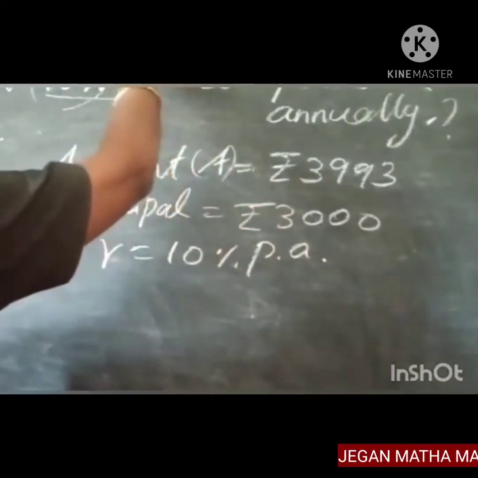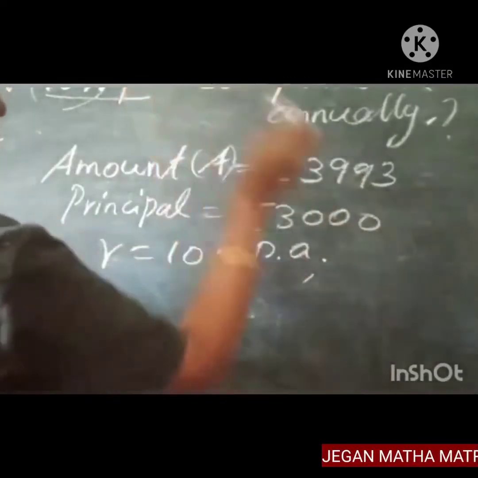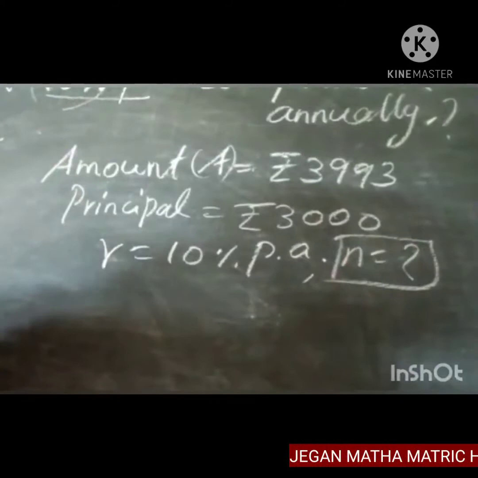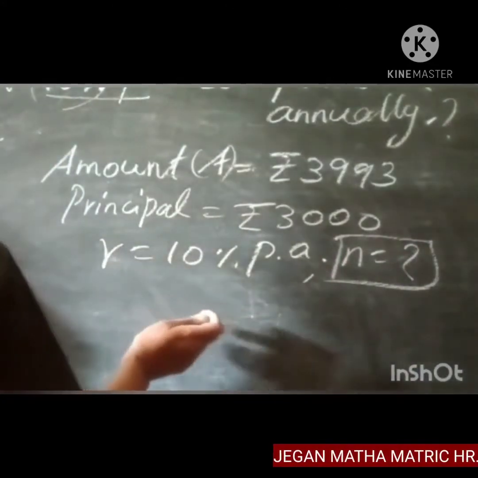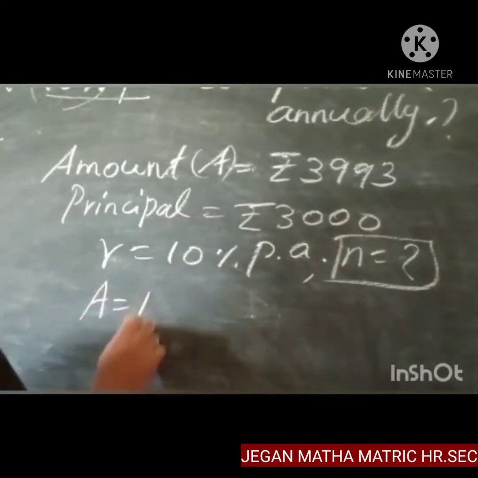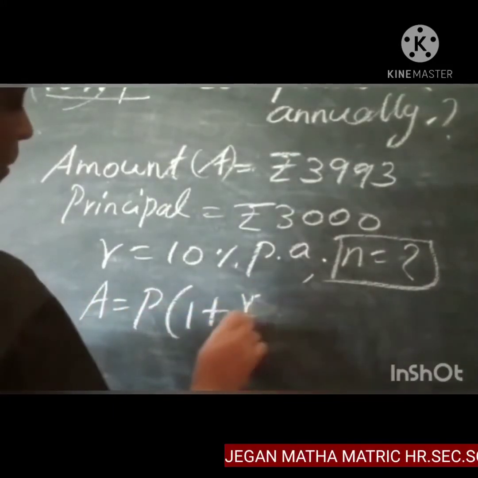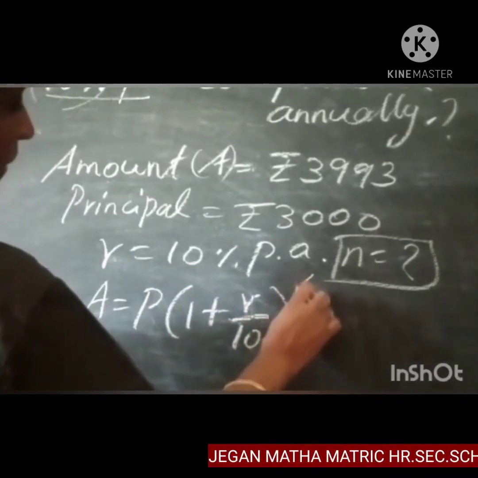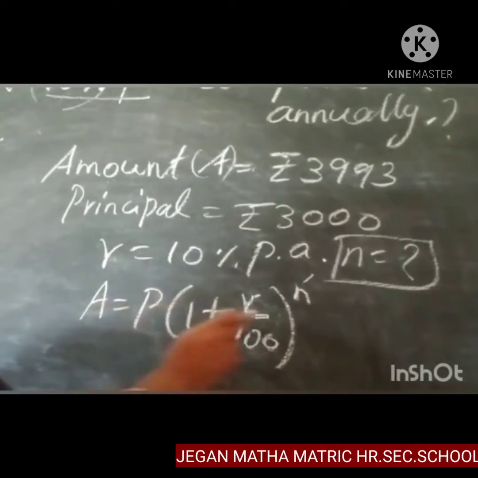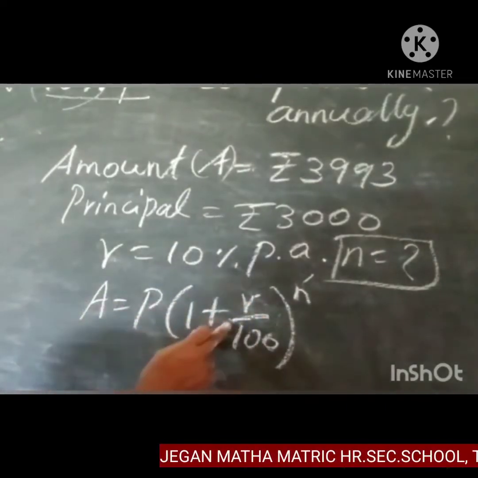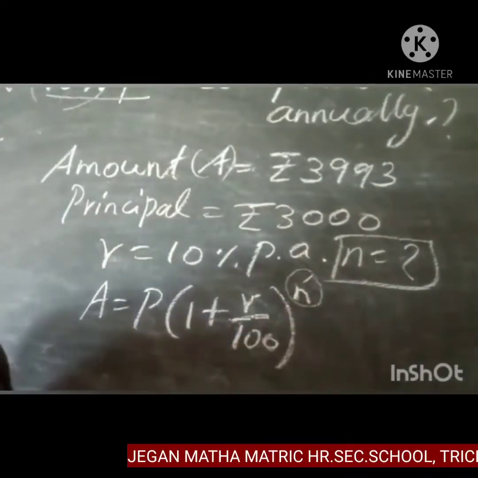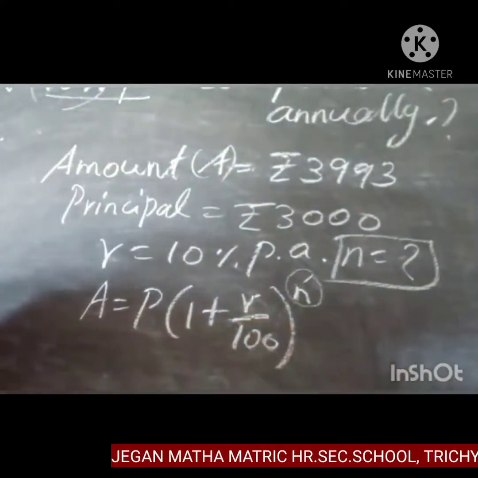So at what time? What time is given in the question? n equal to... you want to find out the number of years. So by applying the same formula, you have to write A equal to P into (1 plus R by 100) the whole power n. Instead of A, P and R, everything is given, so you apply the values and find out the value of n only. Time, at what time, that is the question. Number of years only you want to find out.